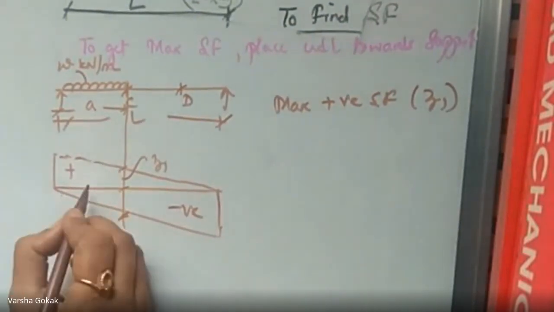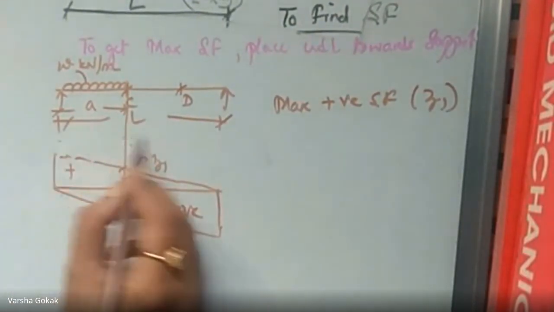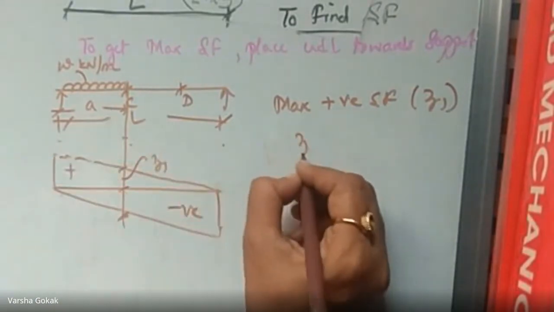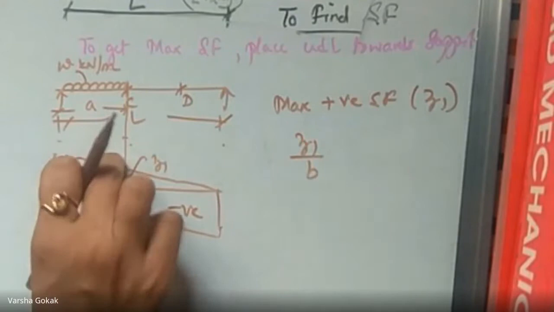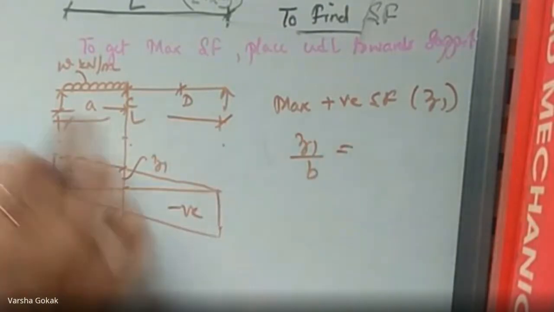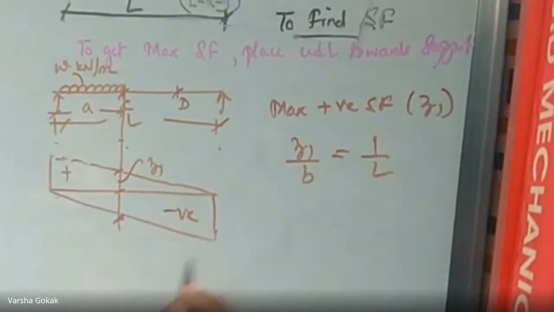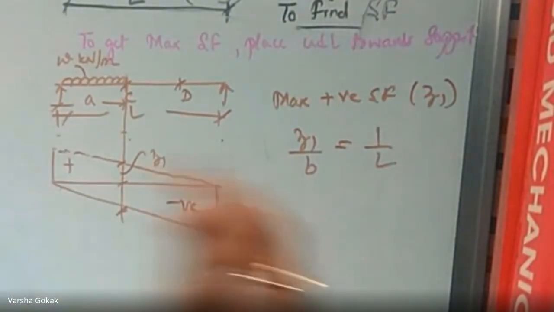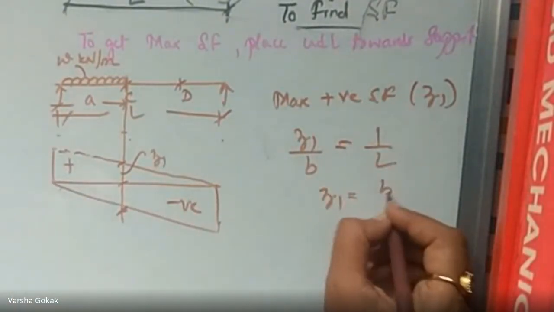How to get this ordinate? This distance is A, this distance is B. So Z1 divided by B is equal to 1 divided by L. Correct? What is the value of Z1 now? It is B by